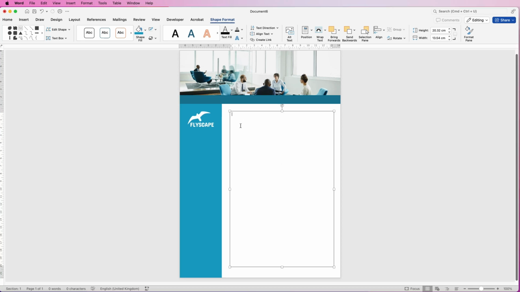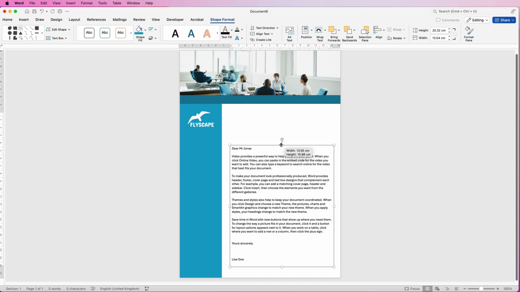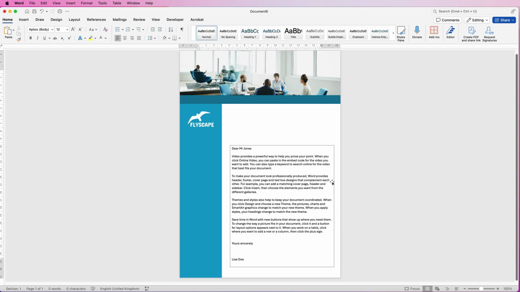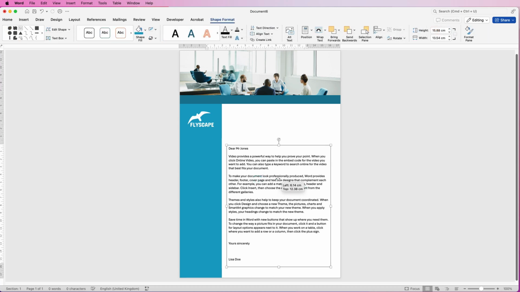So I'm just going to paste in my text. You'll obviously type in your own text. I'm just going to move this down, but if I deselect it, you can see I've got this black border line and it does actually have a white background. So I'm just going to get rid of both of those, select it,